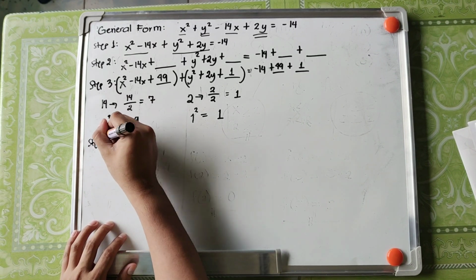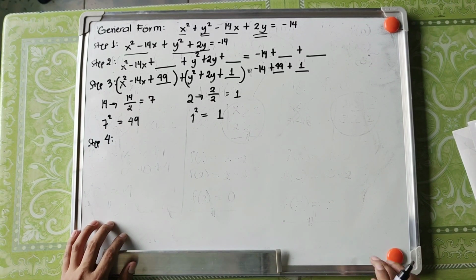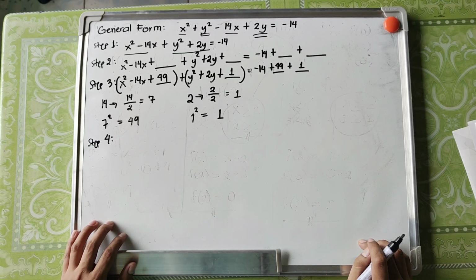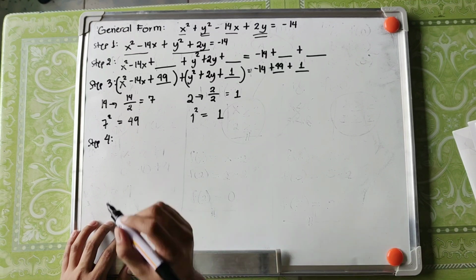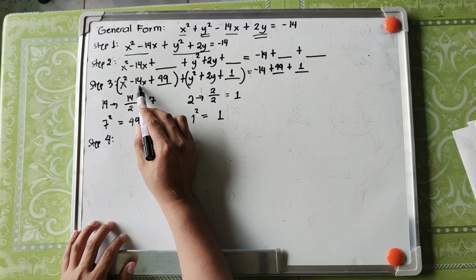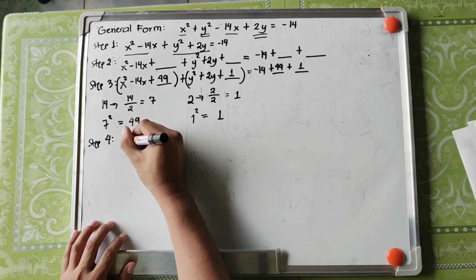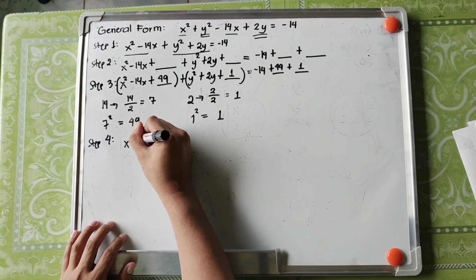Okay, so we are now done creating a perfect square trinomial. So in step 4, we have to transform this perfect square trinomial into a standard form of a circle. To transform it into a standard form, just only like this. So ano yung half ng second term? So half ng 14 is ano sign? So it's what? X minus 7